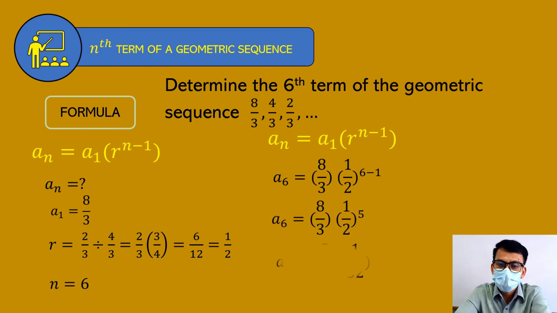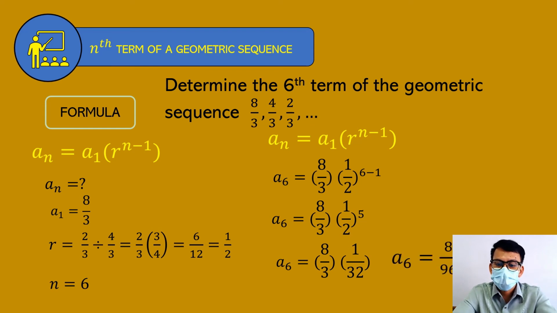After that, subtract 6 minus 1, that is 5. 1/2 to the 5th power, that is 1 over 32. Multiply that to the first term, which is 8/3, so 8 times 1, that is 8, and 3 times 32,